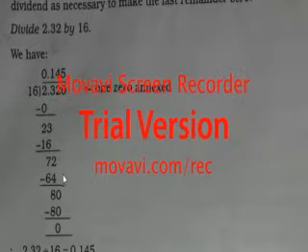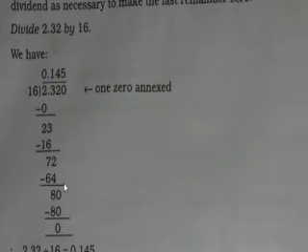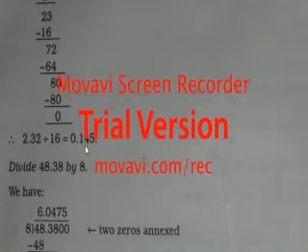So you can see it has been subtracted, 8 came, and since there was no further digit, after the point we can keep 0 in every step, so it becomes 80, and 16 5s are 80. So hence it has been written: therefore 2.32 divided by 16 is equal to 0.145.